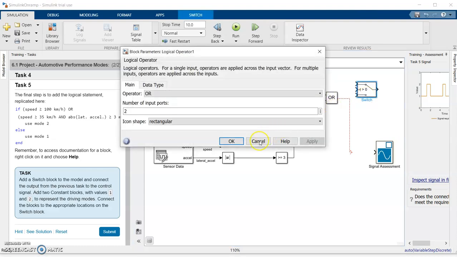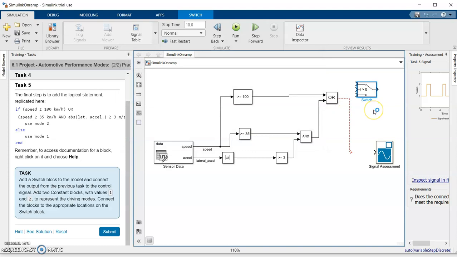Now what do we want to achieve out of this switch block? We want the output mode to be 2 if our condition is correct, otherwise the mode should be 1. If you remember, in the switch block the control signal is the central signal, which is shown here as greater than 0. This is the main control signal.